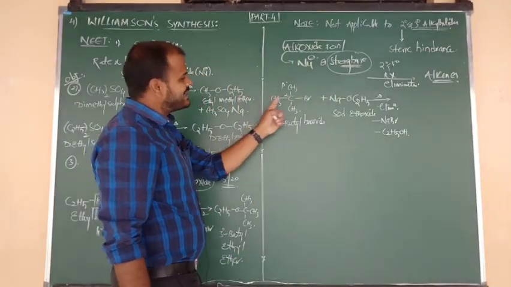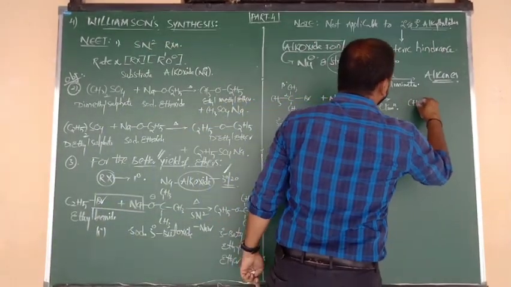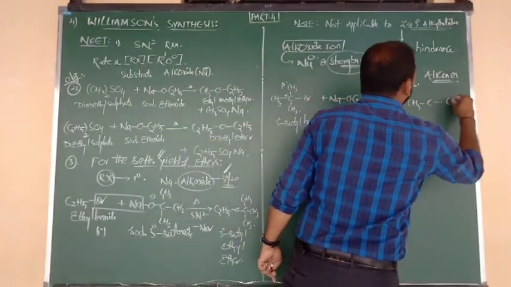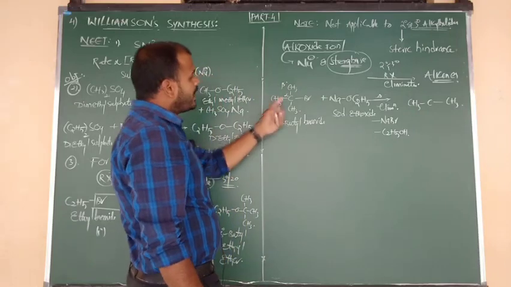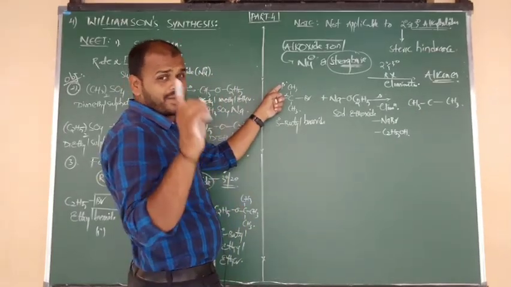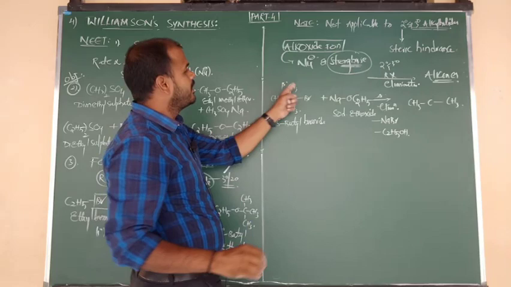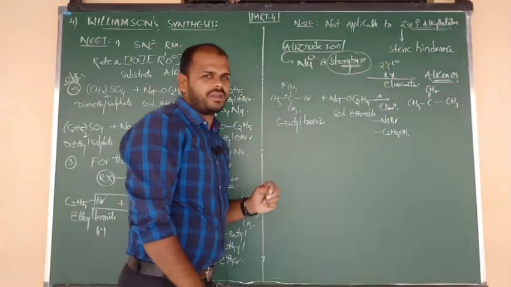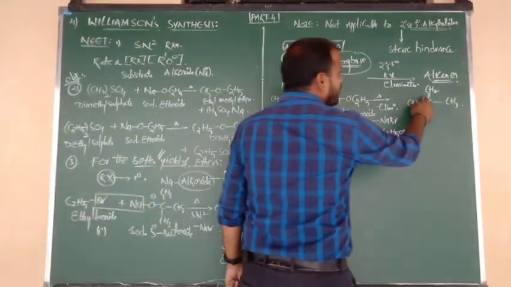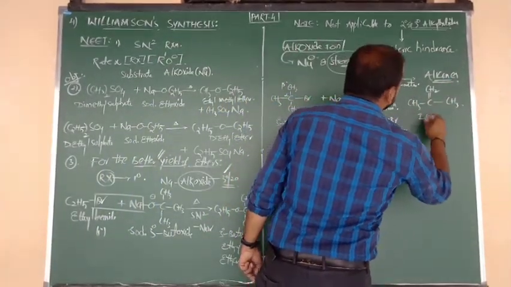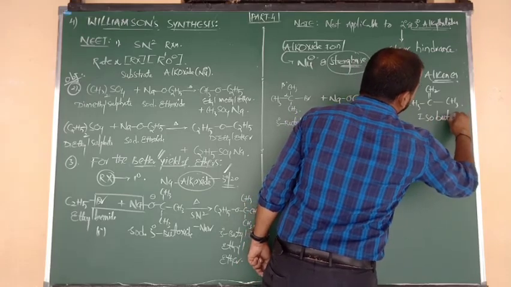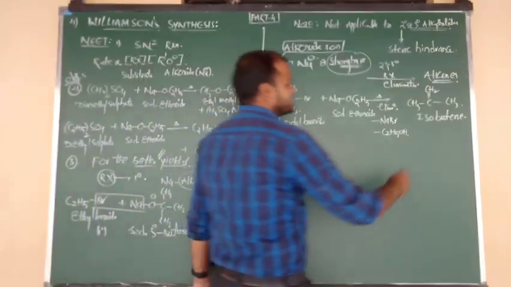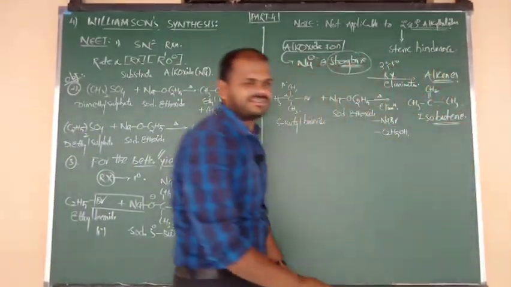So the remaining is CH3 bonded to C. Okay, I am going to write here. C below plane, another CH3, that one we can write towards the right side, no problem. Above plane, CH3 is there, but from that we have removed one hydrogen, remaining is only CH2, so we can say double bond CH2 after removal of hydrogen. So this is your double bonded compound, nothing but an alkene. The name is iso, total 4 carbons are there, double bond is there, ene. So the product you are getting is isobutene.